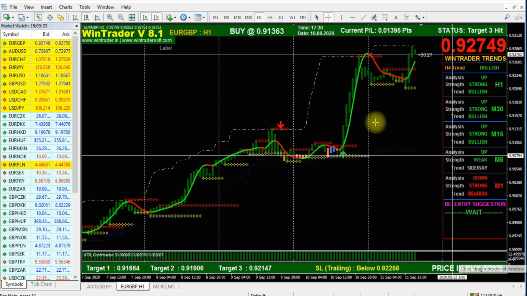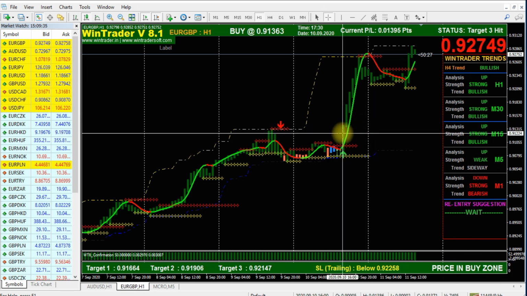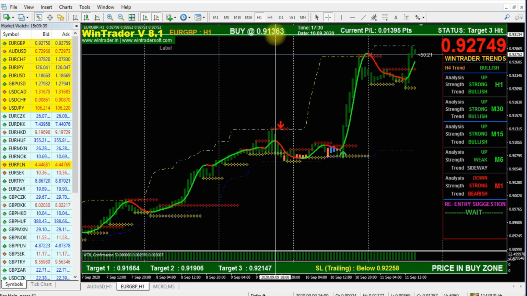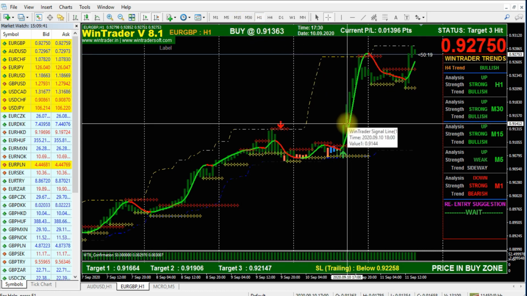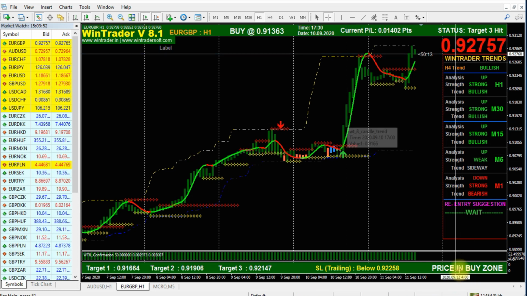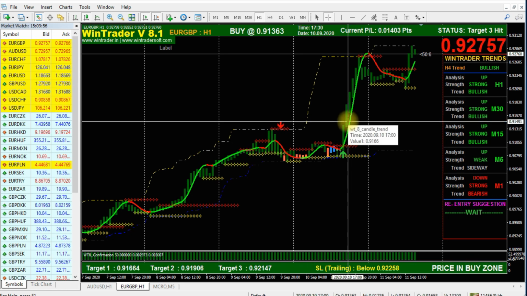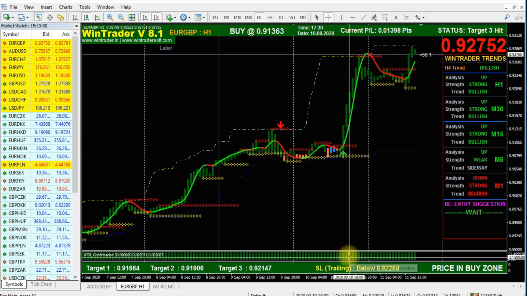And for the second confirmation, you can see we got a buy signal here, but the entry point is buy at 0.9136. That is the next candle's opening price. So you have to enter only with the next, second candle. Before taking the position, you have to check the second confirmation. The first check, as I told you, is that the price should be in buy zone. And for the second confirmation you have to check below the second candle. Below the second candle, you can see the confirmation bar.